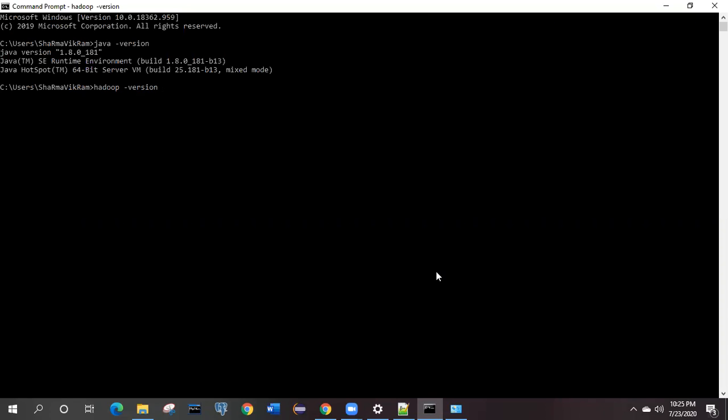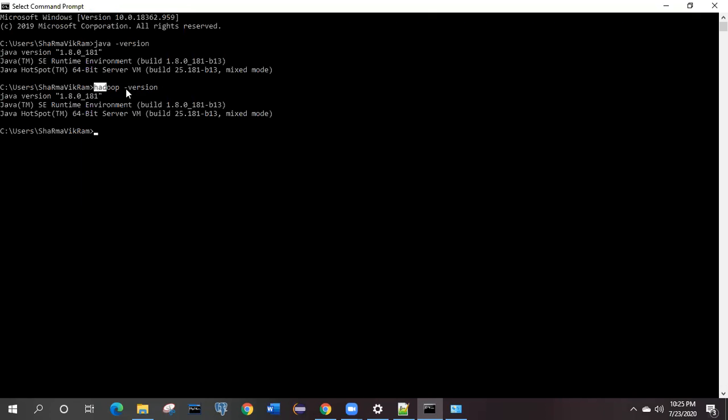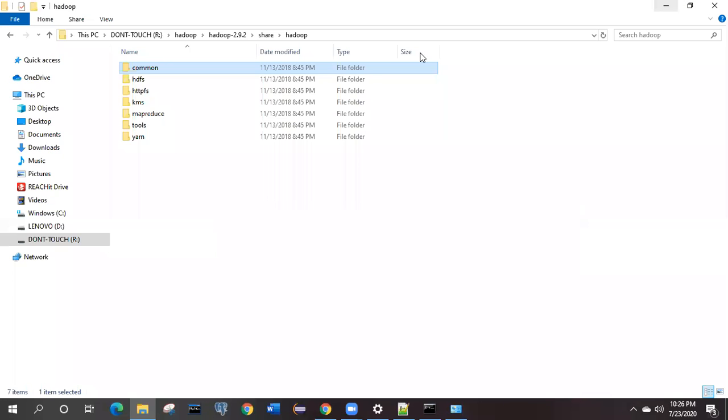Just wait for the result. And you can see that when you run the Hadoop version, it is giving the same kind of value as Java. It means that this command is working, it is properly configured, and it is updated in your environment variable also. Now what will you do? What is the next step?